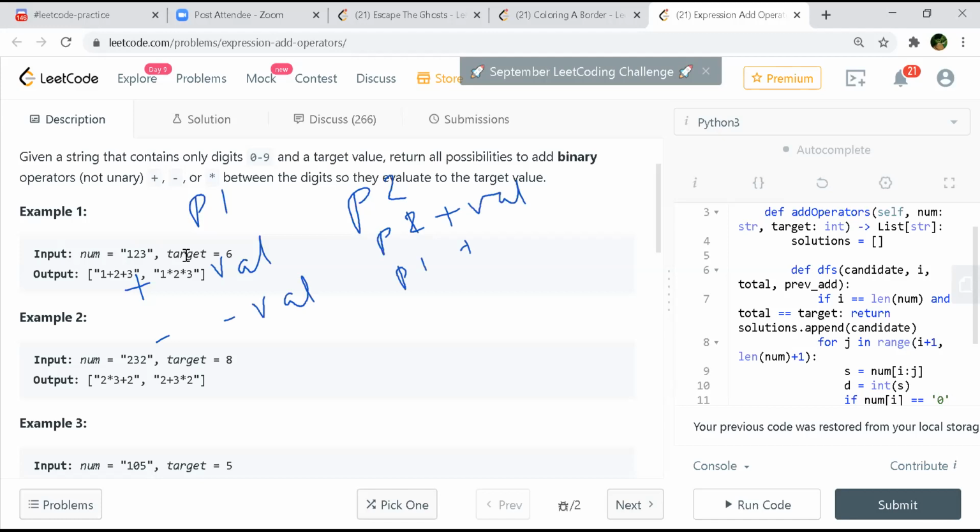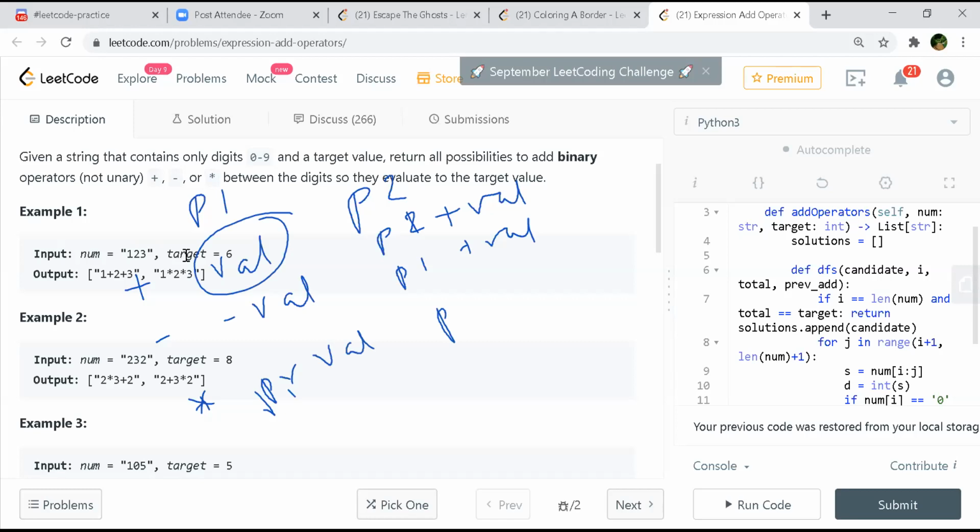But when we actually have multiplication, we can use this P1, right? And then multiply by the current val. This would be P1 multiplied by our current val. And here this will be our same value, right? What is P1 doing here? I didn't get it. Well, actually, P1 is just whatever we are having as a current value, right?